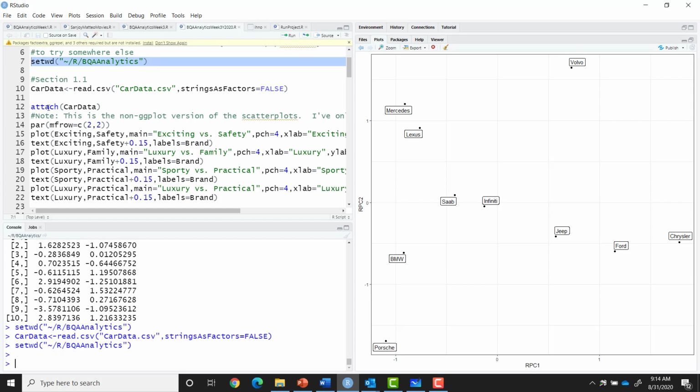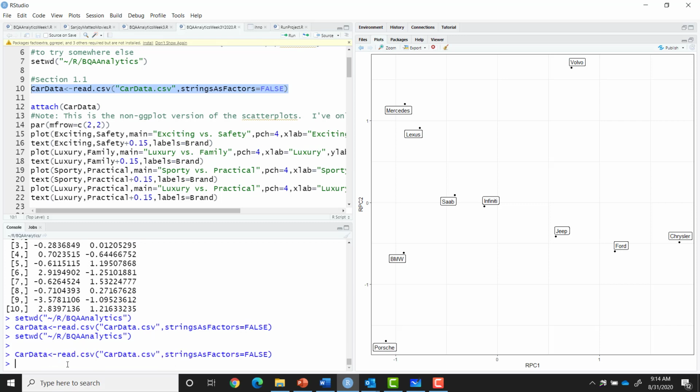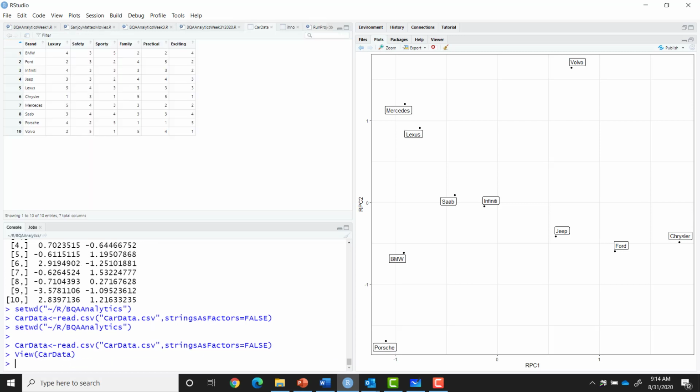So let's get the directory. Now let's read in the car data, and I'll just explain what we're doing. Now let's just have a look at the car data. And you can see we have different brands of cars, and each of them has been rated by different consumers on 6 different scales. It's not a ranking, it's a rating. I think what happened here is that multiple consumers rated these cars, and then we had the aggregate value. But in reality, this is just a very simplified data set which we can use to help illustrate the ideas